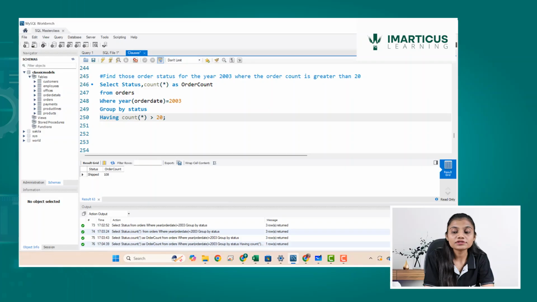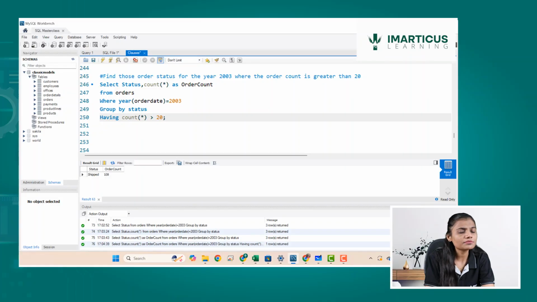Now, this is how the query will proceed if you have a where clause as well as a having clause. The where clause, if it is there, will be written before group by, and if there is a having clause, it will be written after group by. Where clause will never filter your data on the basis of an aggregate function. Having clause, on the other hand, will filter your data on the basis of an aggregate function. Many people ask, can I use both of them together? The answer is yes. We have practically seen how both of them can be used together. So this was about a having clause.